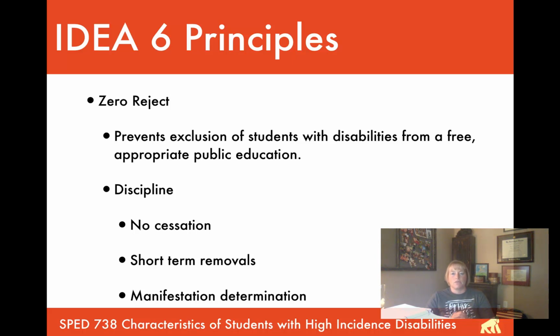So I think that's important for us to remember too, that there is some leeway there in terms of placing a student in an alternative education setting for up to 45 days. Oftentimes that's a much better option than doing a suspension and just sending them home. That alternative education setting can be a much better placement for them if those situations occur where we have weapons, drugs, or injury involved.